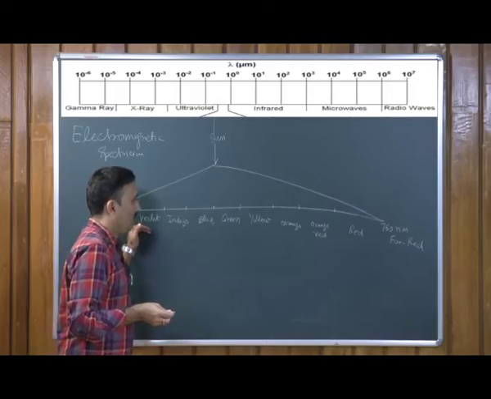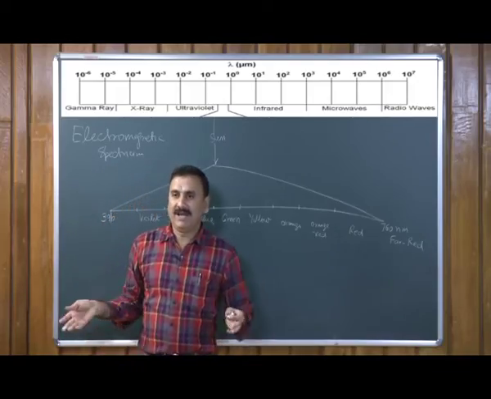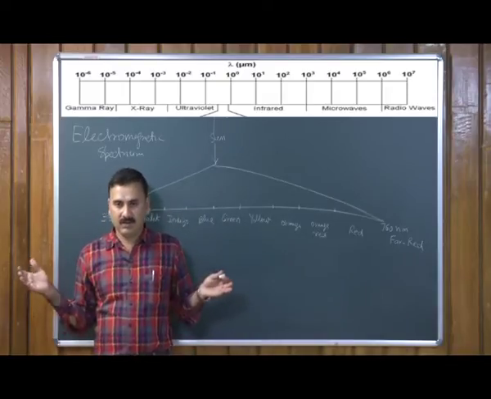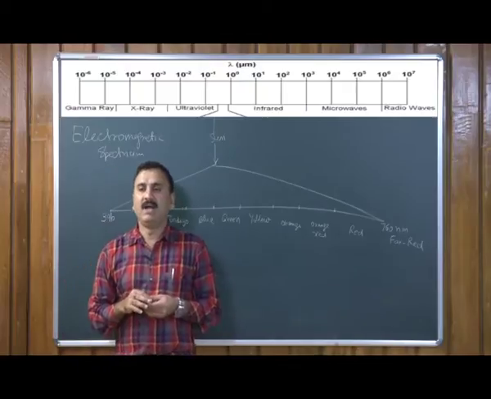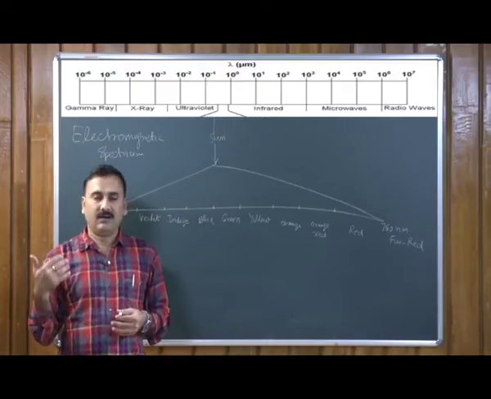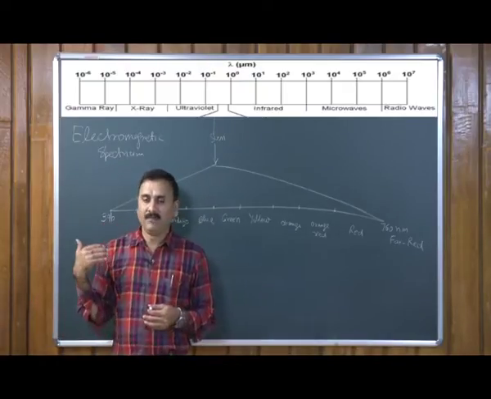All these different wavelength lights are exposing the pigments which are present within the chloroplast, and they are using it for making